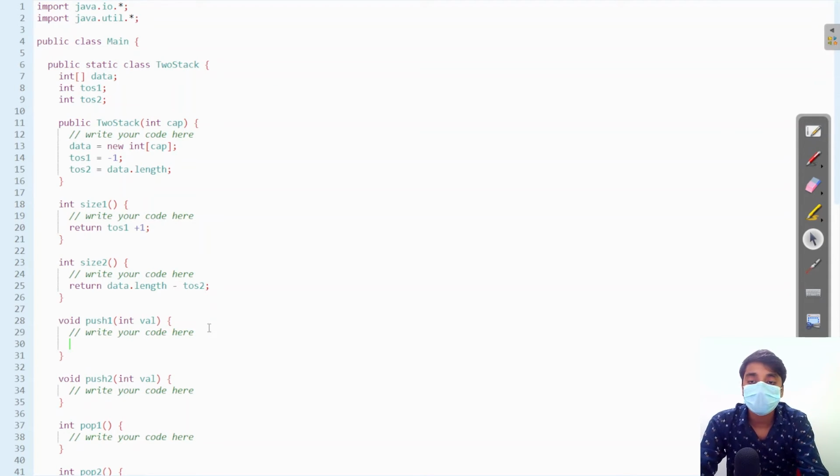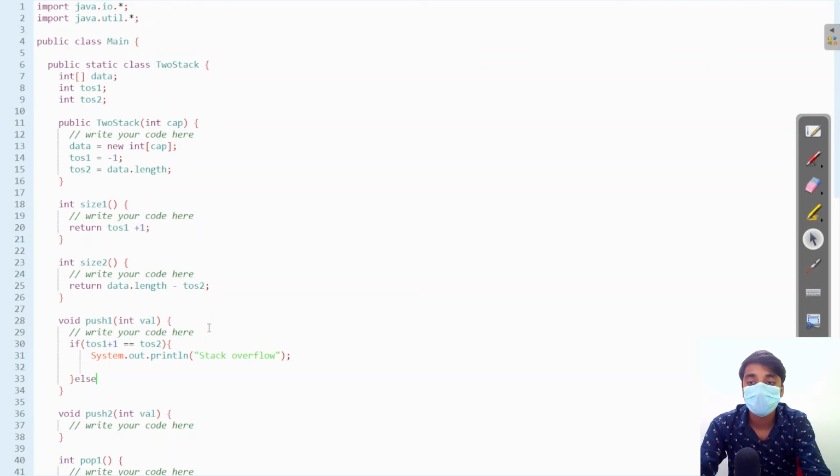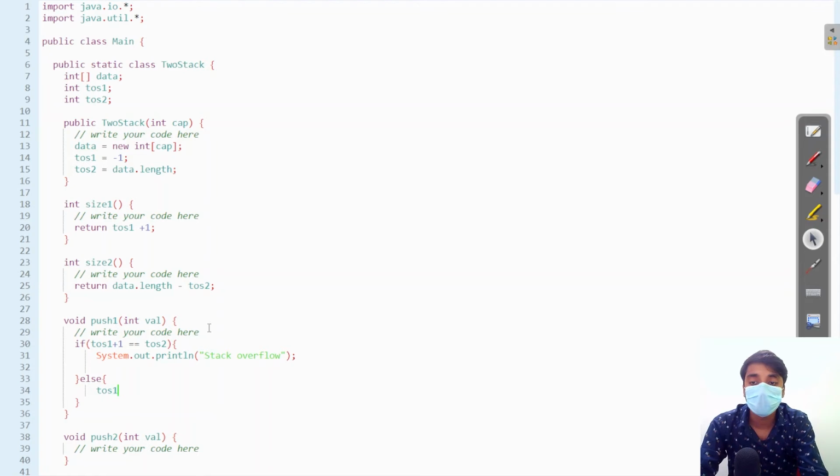Here push1. We have to check if our tos1 plus 1 is equal to tos2. This means our stack is overflow, else we will increase tos1 and add the data at tos1 equal to val.